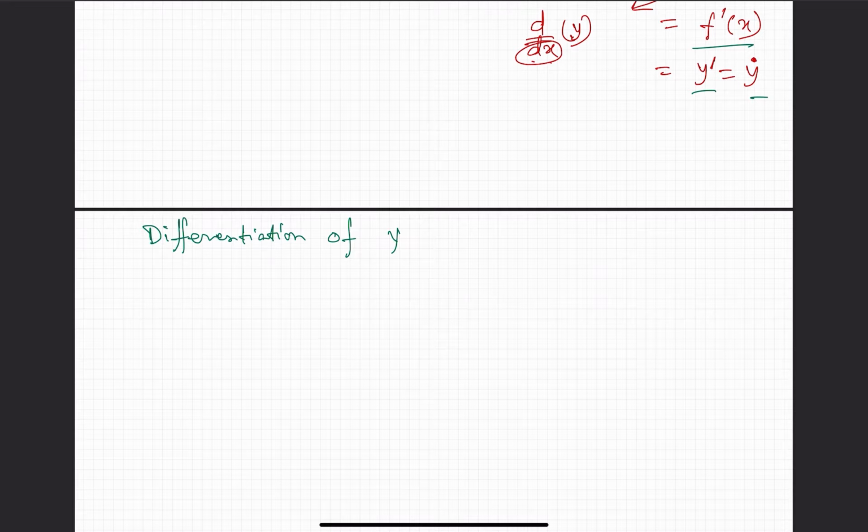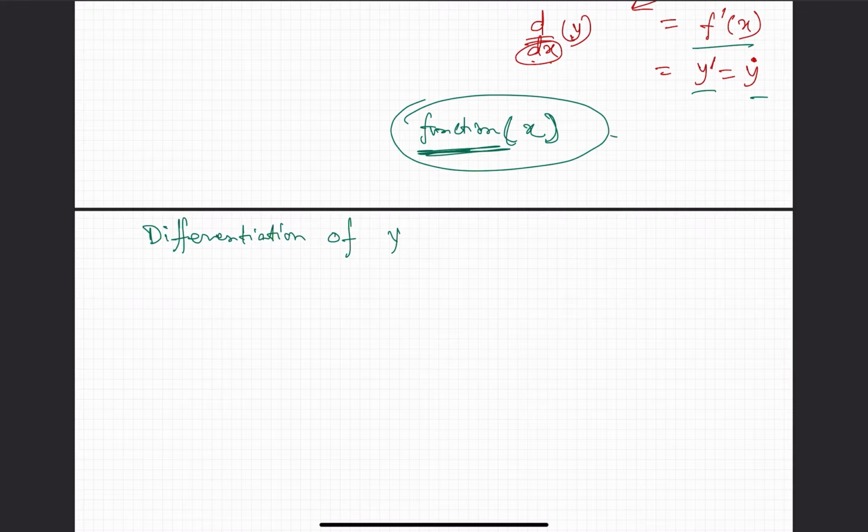We can take any variable which is dependent on x, or a function, which is a dependent variable of the argument variable of the function. Here we have put the argument as x, and the function variable is denoted by y. So differentiation of y with respect to x is